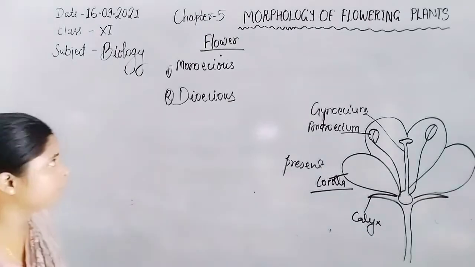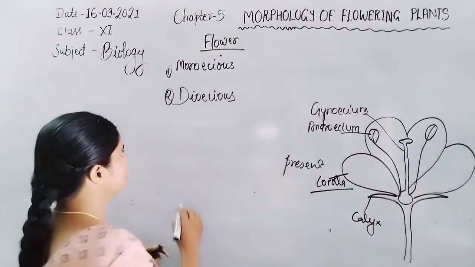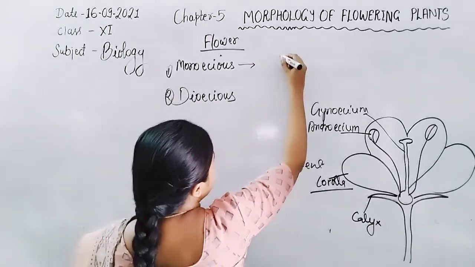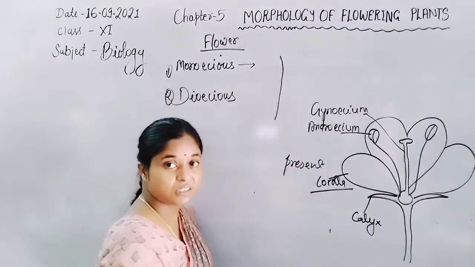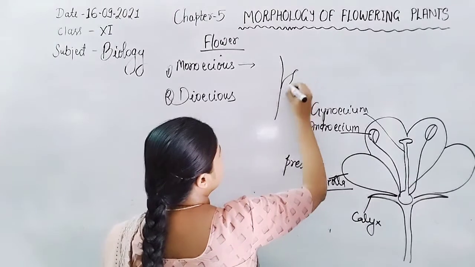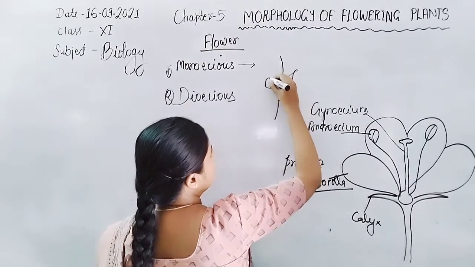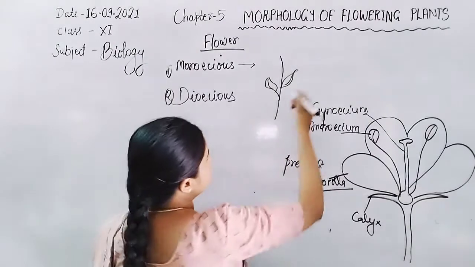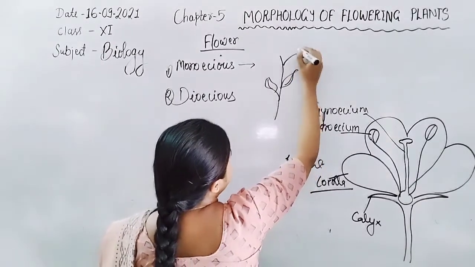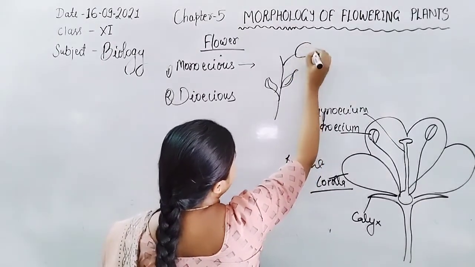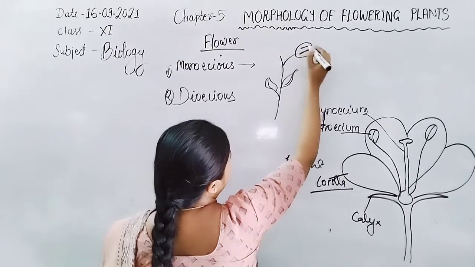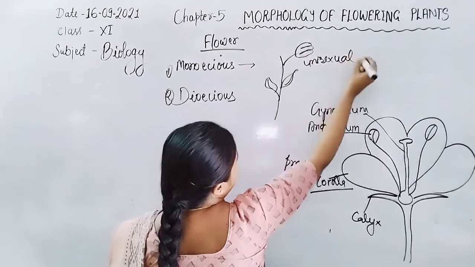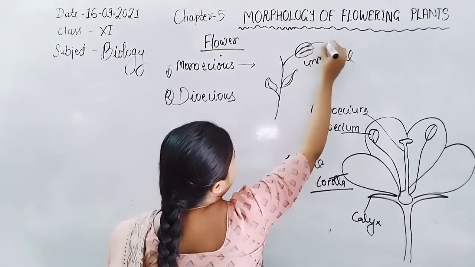What is the meaning of dioecious and monoecious plant? If here is a monoecious plant, a single plant, this plant represents both male and female parts but with unisexual flowers, or one plant shows